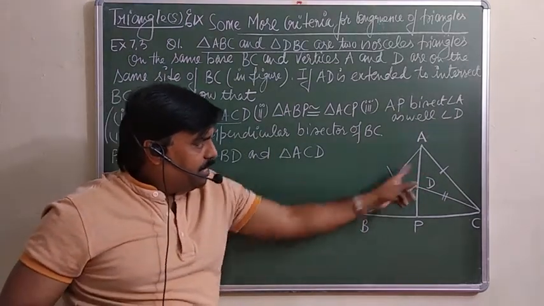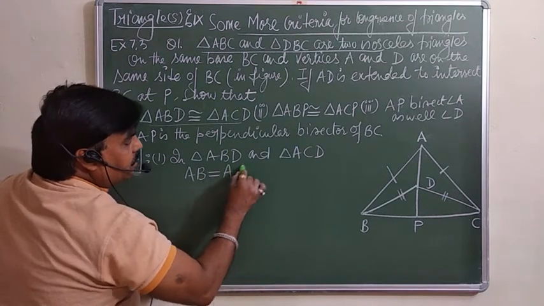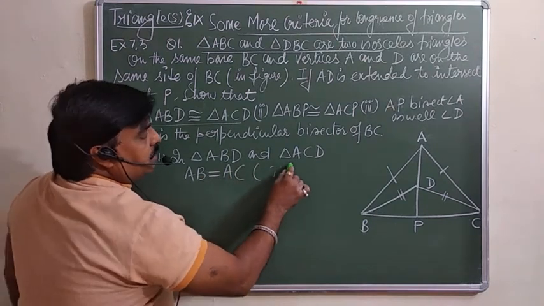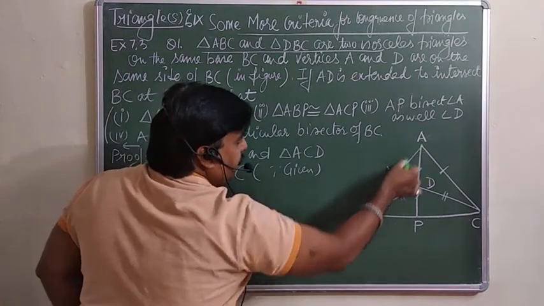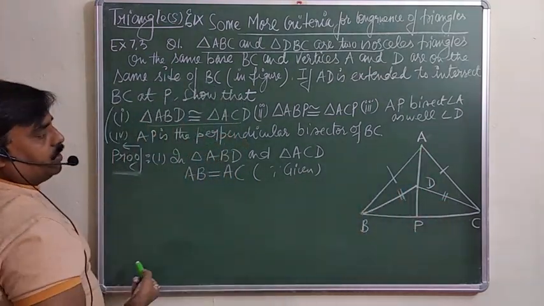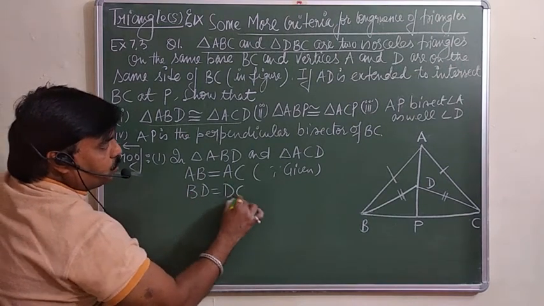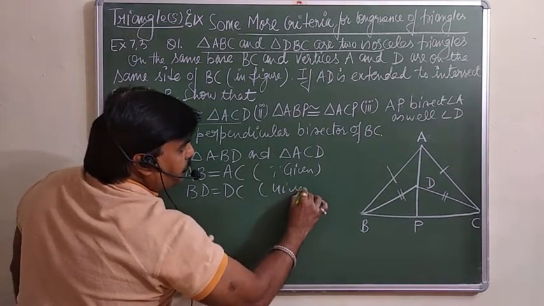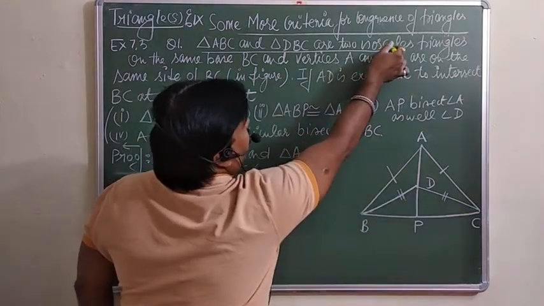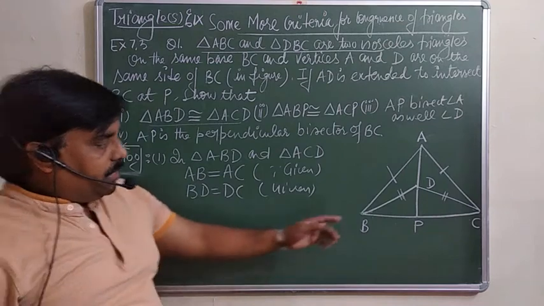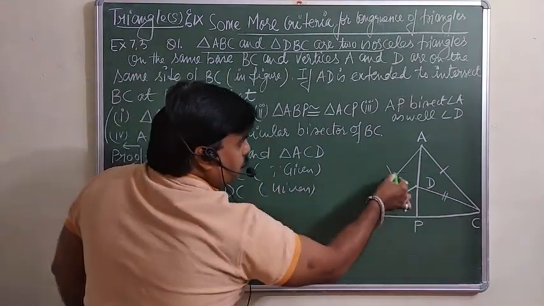So in this triangle we are taking AB equal to AC. This is already given, or you can write on the triangle that ABC is an isosceles triangle, and BD is equal to DC is also given. This is also given, because triangle BDC is also isosceles. Isosceles means the two sides will be equal. And see now, two sides are equal.